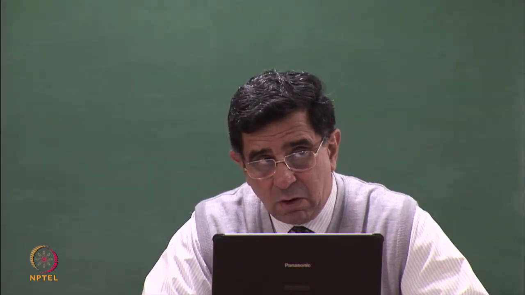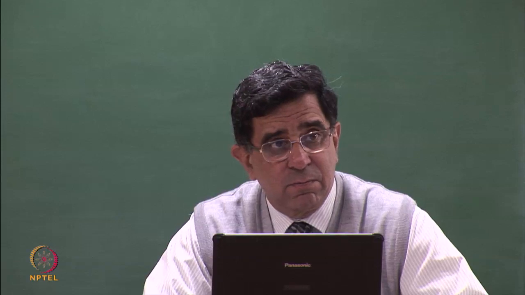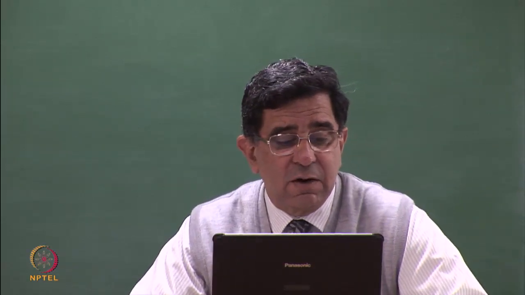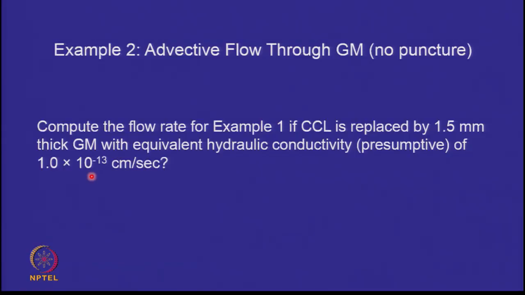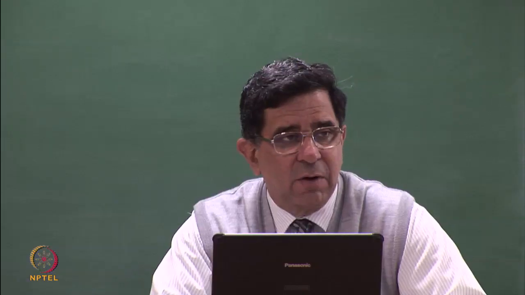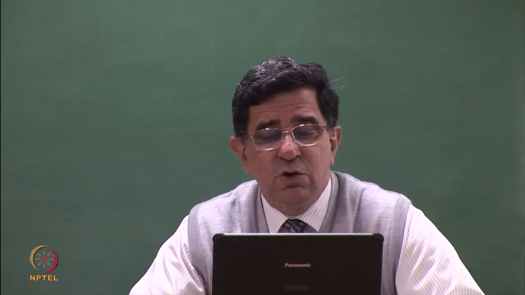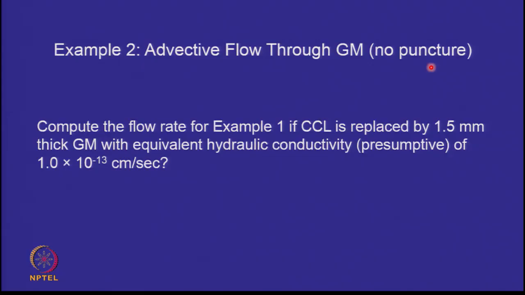So if I just take a 1.5 millimeter geomembrane and put some water on it, which has a leachate head of 0.3 meters, and an equivalent presumptive hydraulic conductivity of 10 to the power of minus 13, what kind of Q will come out? We know that for clay it's about 1,000 liters per hectare per day. Can you please compute the Q which will come out through a geomembrane with no puncture? Same formula, except you substitute K with 10 to the power of minus 13 centimeters per second,